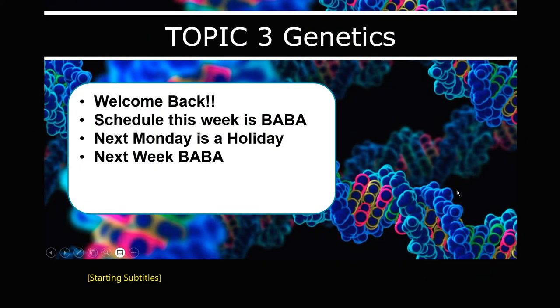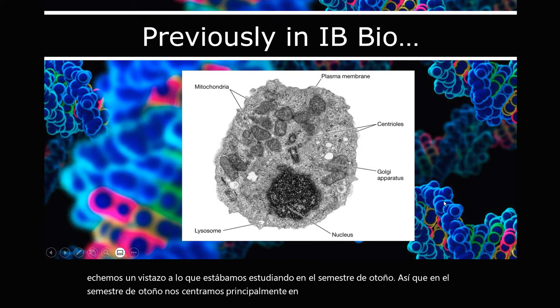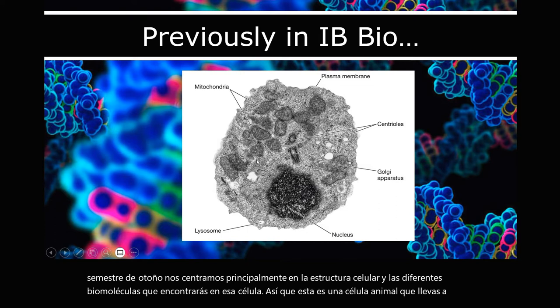All right, so today we're going to be starting our topic of genetics, but before we get into that, let's go ahead and take a look back at what we were studying in the fall semester. So in the fall semester, we focused mainly on cell structure and the different biomolecules that you'll find in that cell. So this is an animal cell, a eukaryote, and you know that because it's got a nucleus and mitochondria,